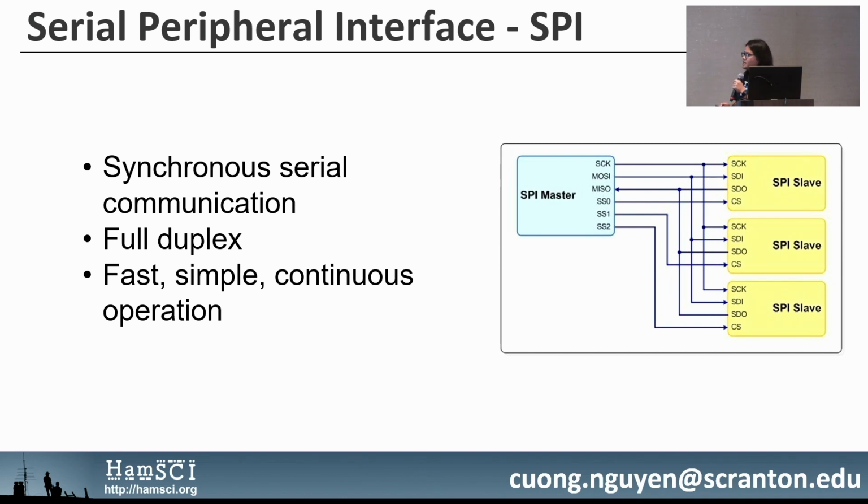And it's full duplex because you have separate input and output signals, so we can have reading and writing all at the same time. This protocol is fast, very simple, and continuous operation. That means the